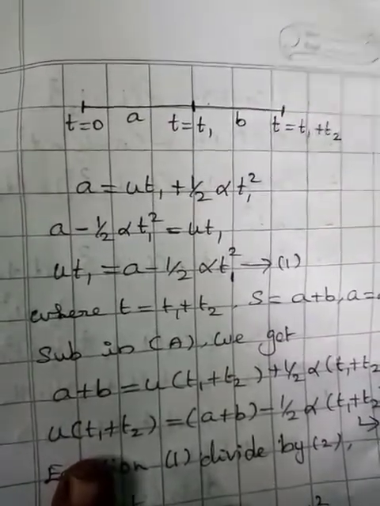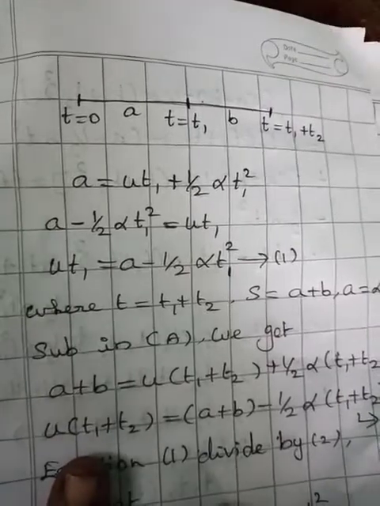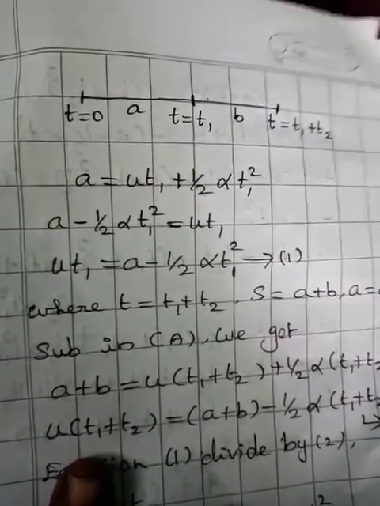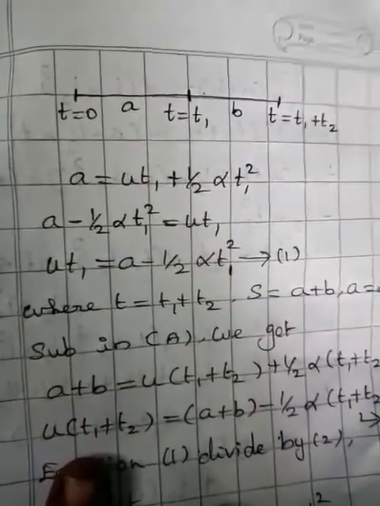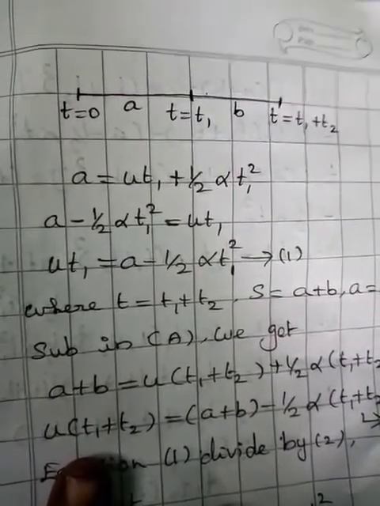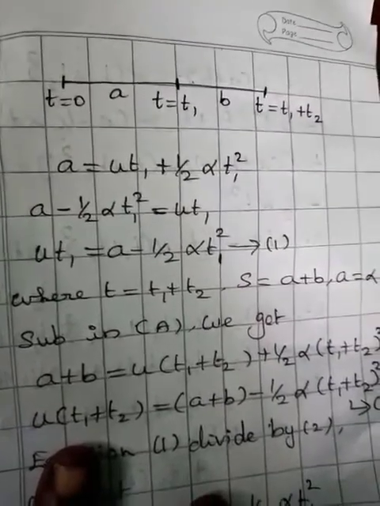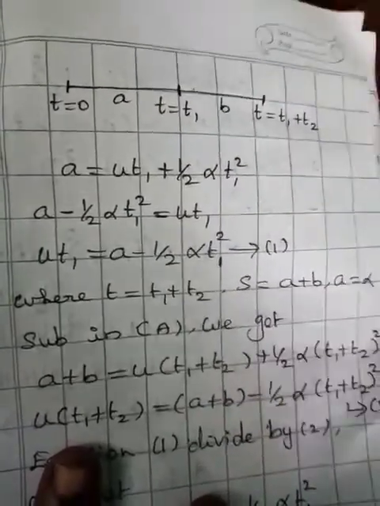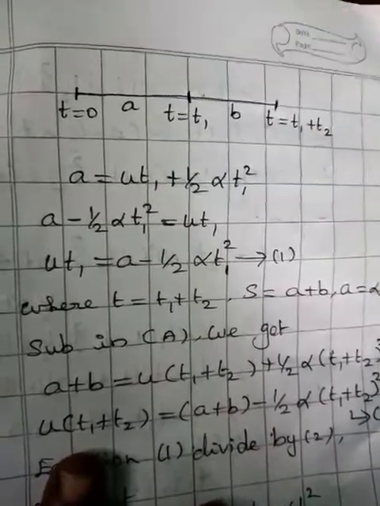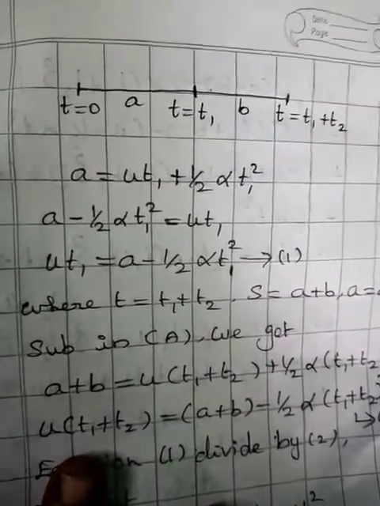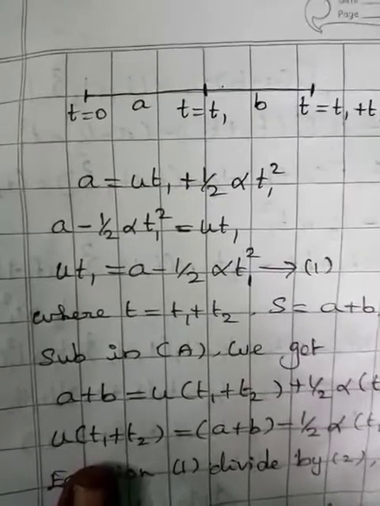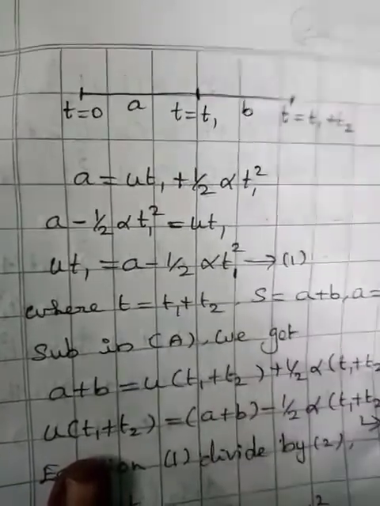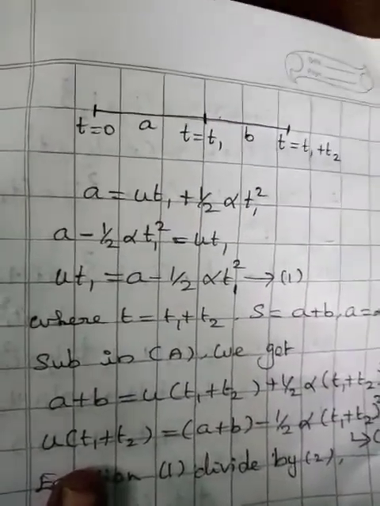Next, a minus 1 by 2 alpha t1 square: the term on the left side moves to the right side with the sign changed. Taking the value, a minus 1 by 2 alpha into t1 square is equal to the remaining value u into t1. Next, u into t1 is equal to a minus 1 by 2 alpha into t1 square, equation number 1, where